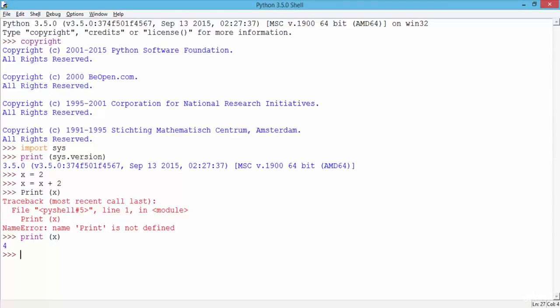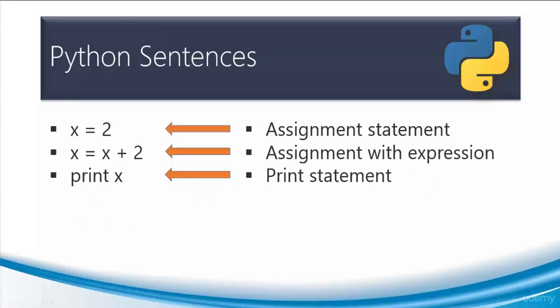Okay, so you need to be careful. Obviously, once again, the computer will only understand what you tell the computer to do. If you don't speak the language, you will get errors, and that's the best way to learn. As we move along this course, you will see how you can develop efficient programs and understand the vocabulary, the sentence structure, and then finally your story. Okay, so this is a good example of the sentence and assignments. So let's switch back to our slide. So once again, Python sentences is x equals 2, x plus 2, and then you print your statement.